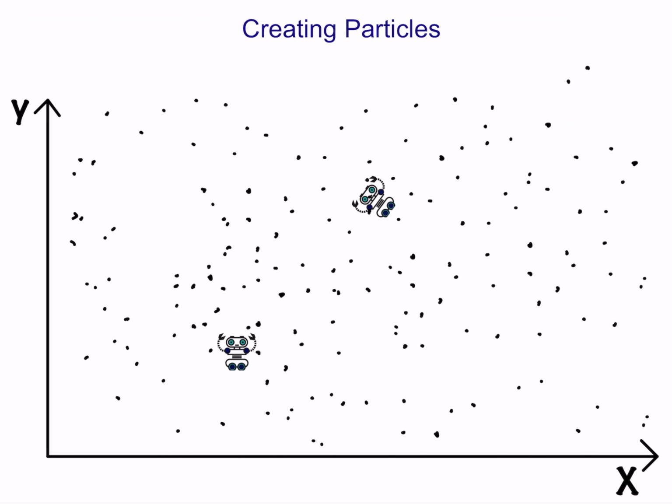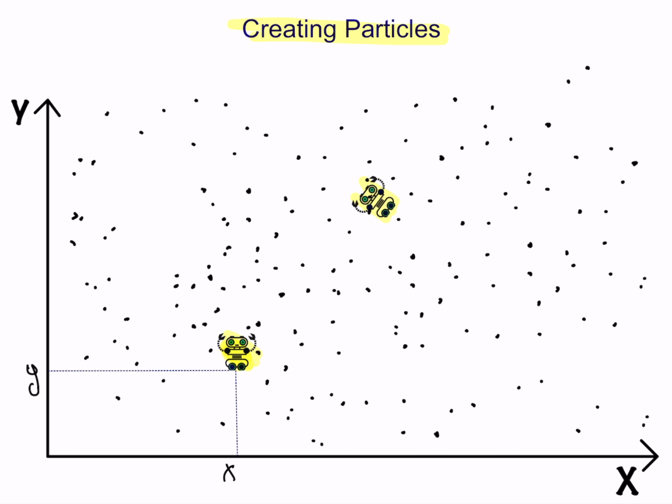In this video we are going to create the particles. In order to do it, let me give you an example. Let's say that this is our robot and we want to find it in a 2D region. So our robot has an X value, Y value, but it also has an orientation value. Now the orientation of this robot is different from the orientation of this robot. And you can think of it as a vacuum cleaner robot that can move forward and backwards.